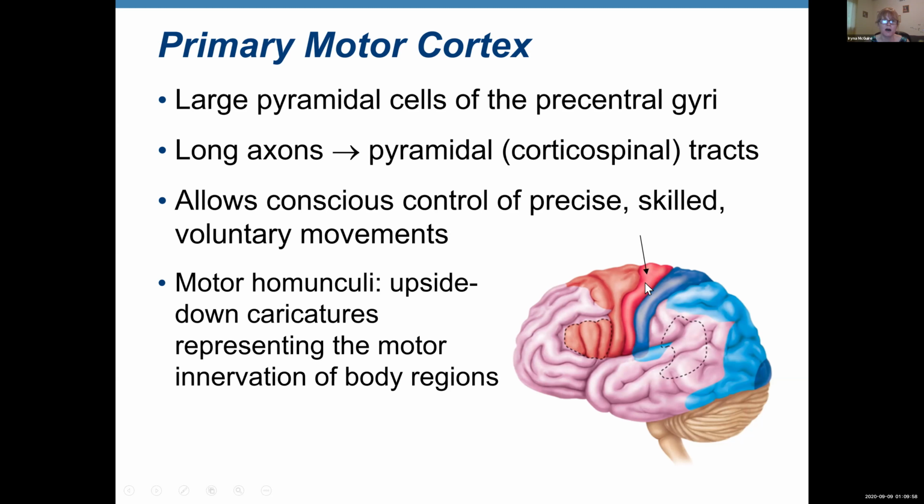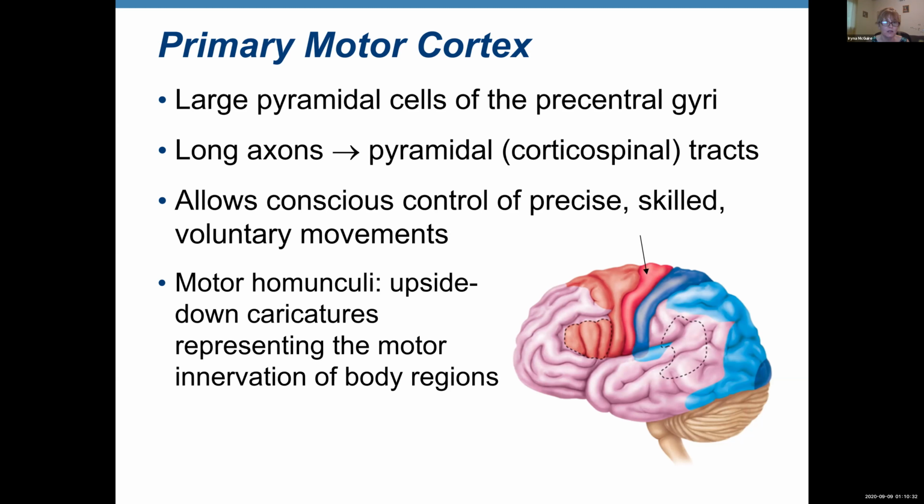Now, this part allows for conscious control of precise, skilled, voluntary movement, right? So you need to initiate your movement, right? Precise, voluntary movement. That's the area that will fire, right? This electrical impulse. Now we have motor homunculi, and those are like a little person representing the motor innervation of